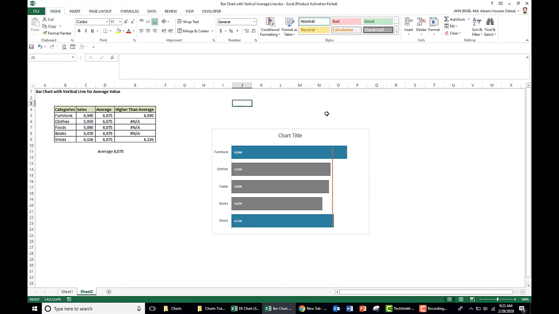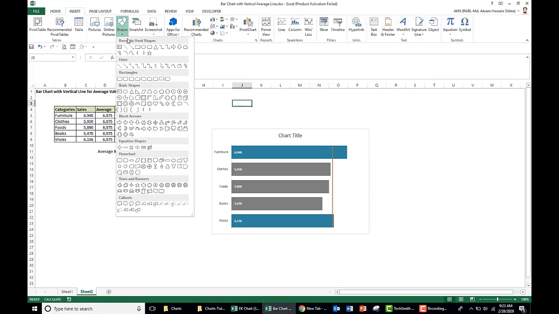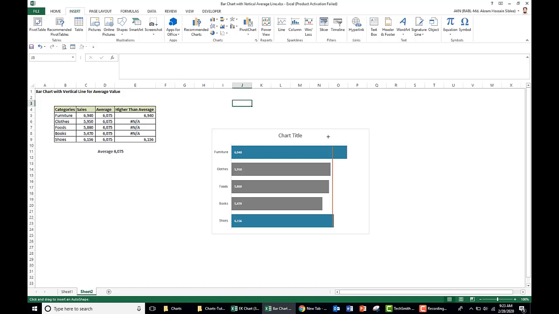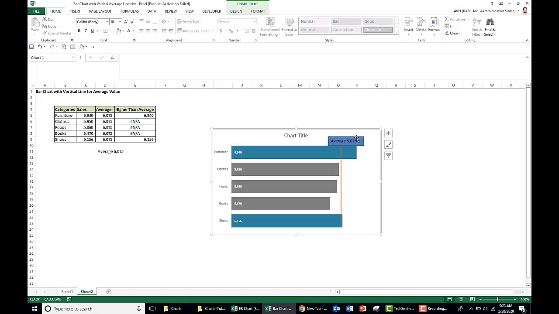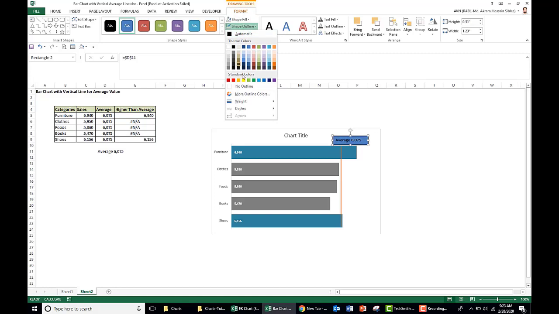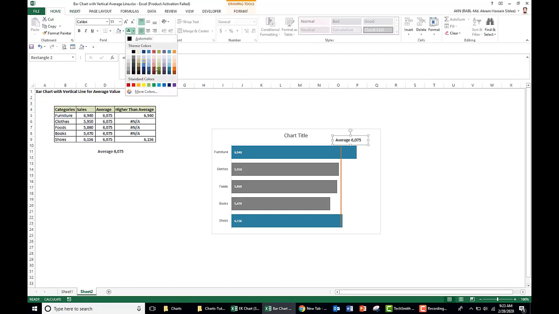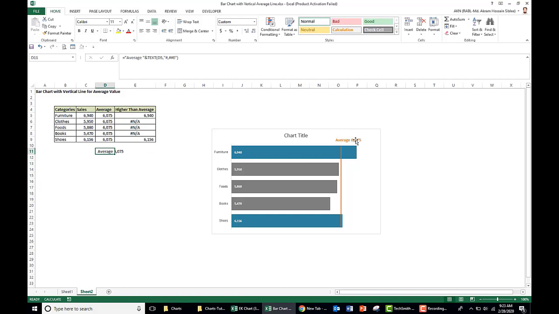Take a box: go to Insert, take a rectangular box here, select the box and select this data label. Just format it: go to Format, take shape outline as no outline and shape fill as no fill, and take the color orange.